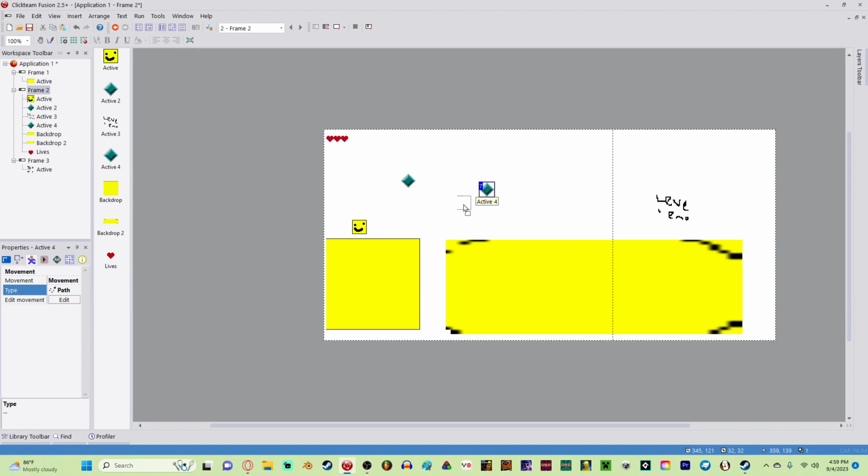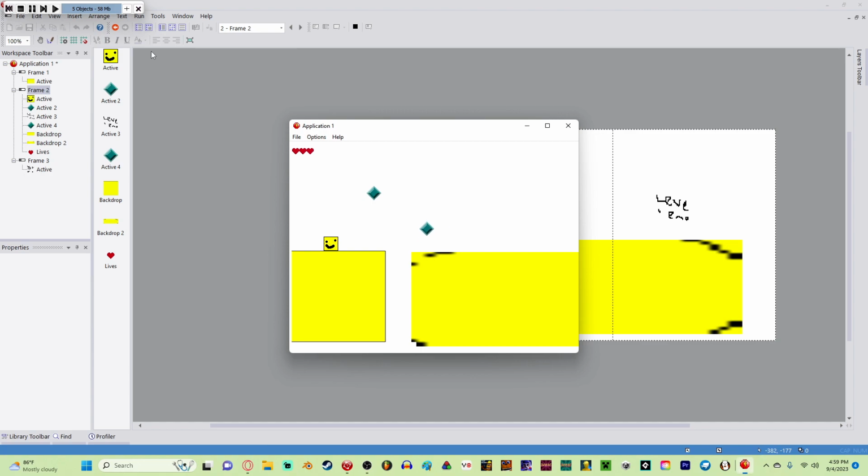Alright, but as you can see, once we start the frame, obviously we haven't done anything, so it's not going to